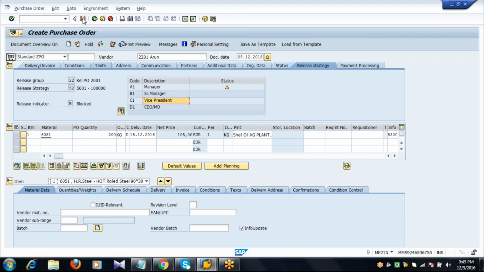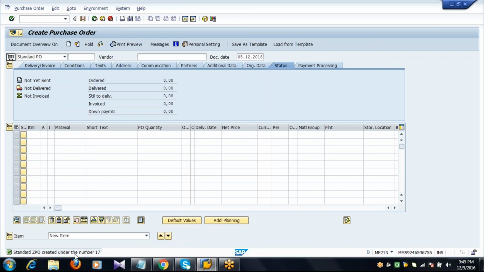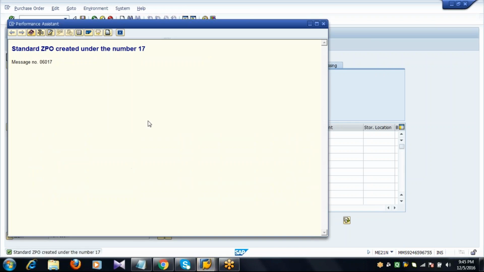Save the document. So the system displays the purchase order is created. The PO number is 17.